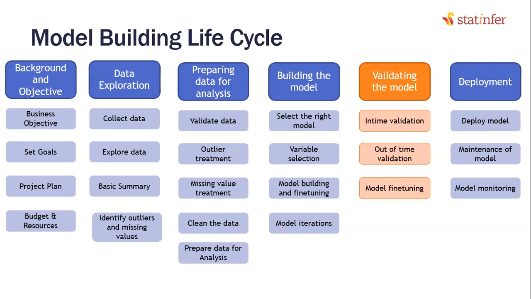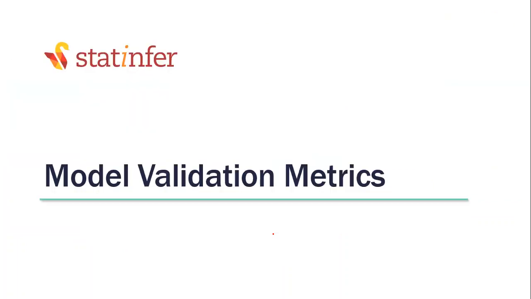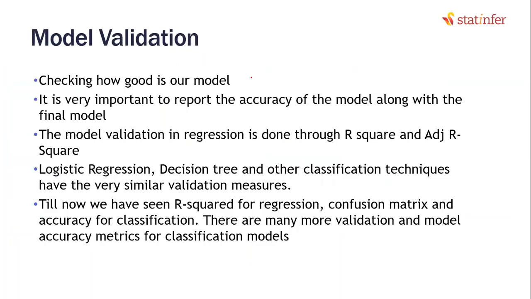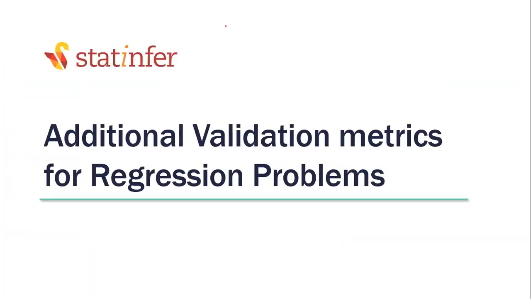Luckily, since we have some good knowledge about model building and some of the basic validation, this particular session is going to be very easy to understand. If you are talking about regression, can you tell me what was the validation measure that we used for regression? In regression, y is a continuous variable. That means it can take a range of values. That means y can be 25 or 35 or 45 or 55 or 100 or anything like that.